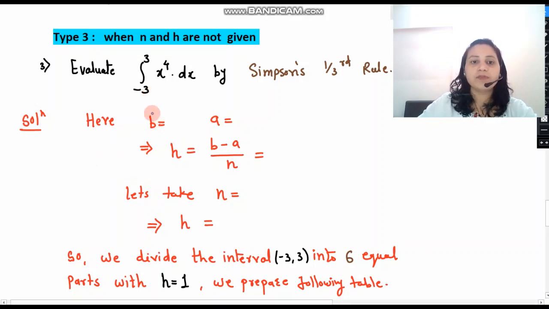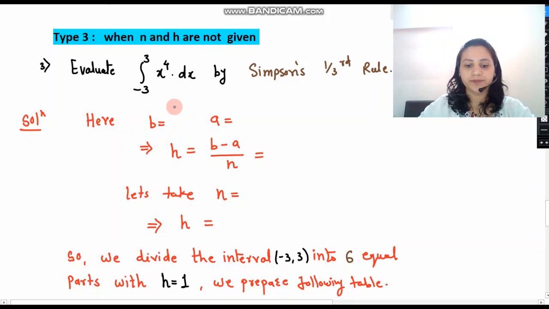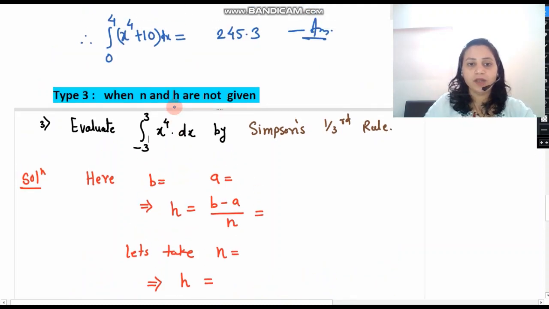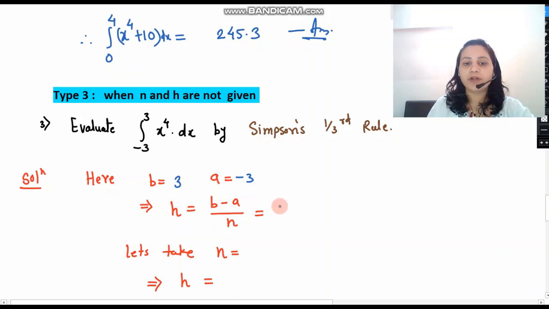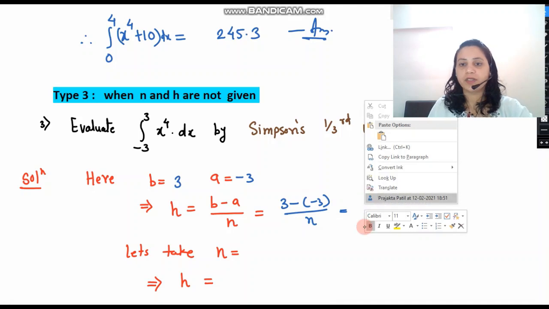So here, what is b? B is equal to 3. A is equal to minus 3, right? Then what is the formula for h? B minus a by n. So 3 minus minus of 3 upon n equal to,